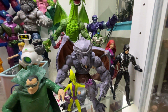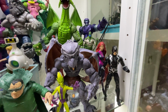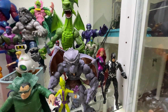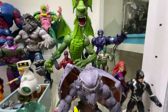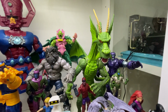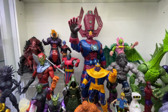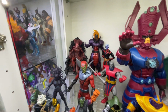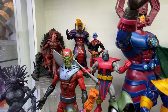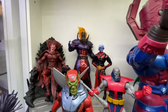Inhumans, I don't like them because they tried to replace the X-Men at some point, but I need Crystal now. Let's give us, Hasbro, Black Bolt, Medusa, and the Kree Sentry and Kree Soldier, Fin Fang Foom, the one that's also skyrocketed the price. And there's some of the Herald of Galactus, aka Terrax, Magus,